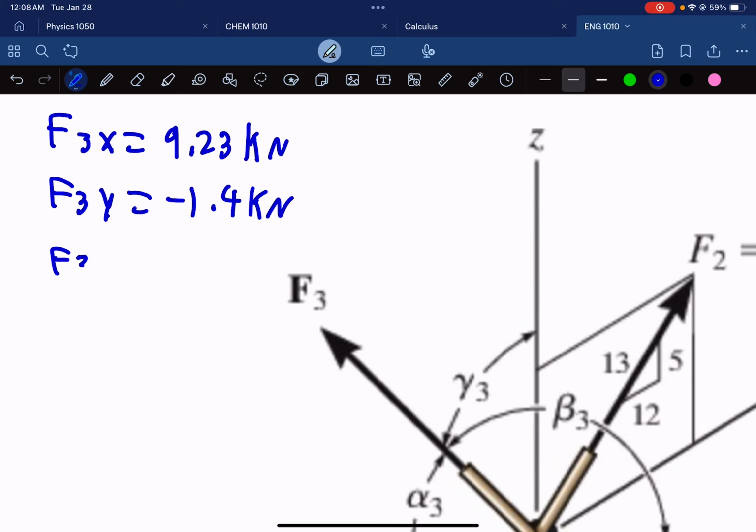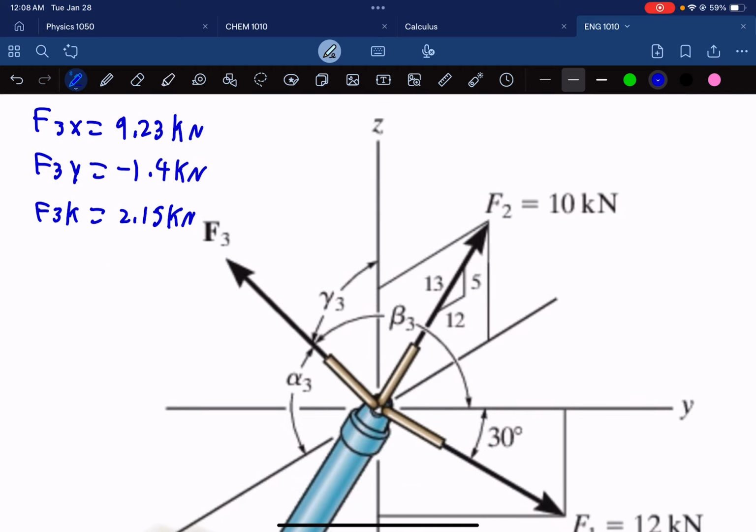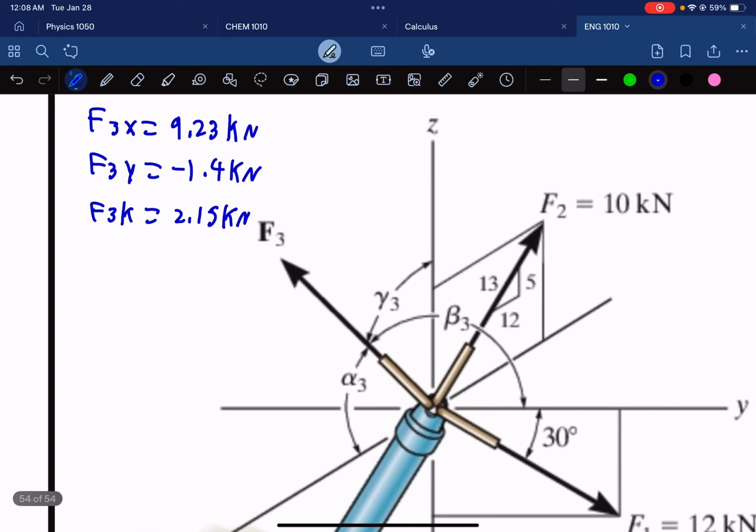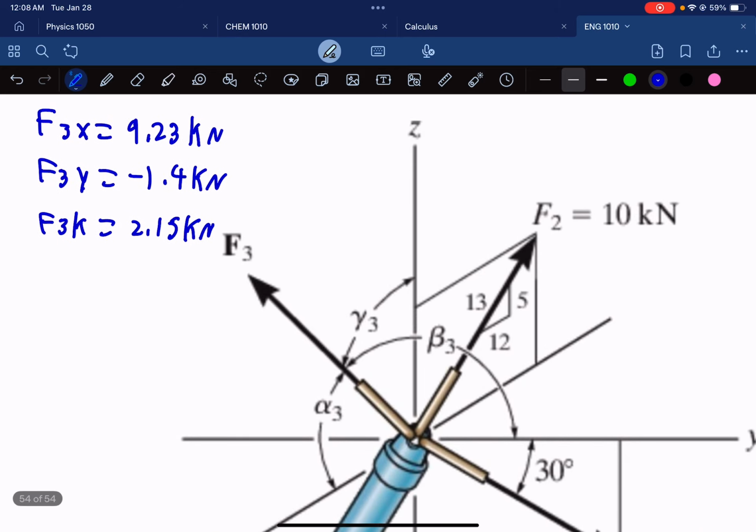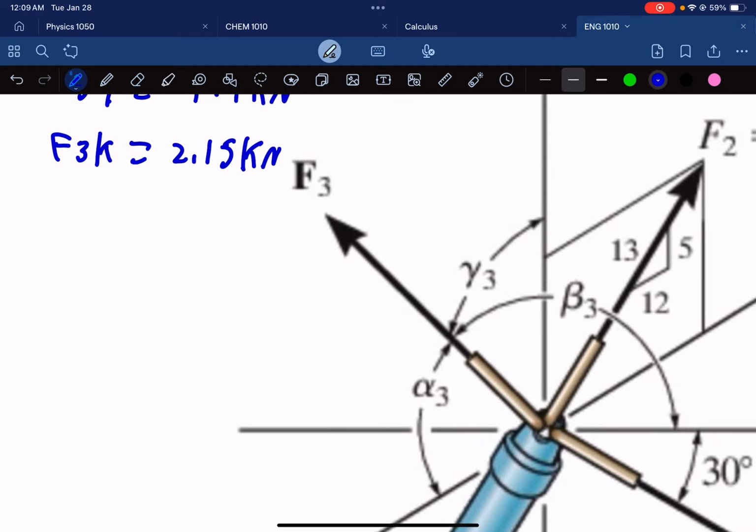And F3k equals 2.15 kilonewtons. Now, if we want to solve for our magnitude, we are going to want to add these together, square them, and then square root them. So, just like this. F3 is going to equal the square root of